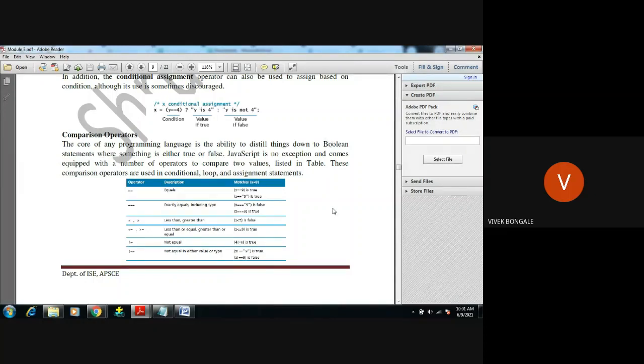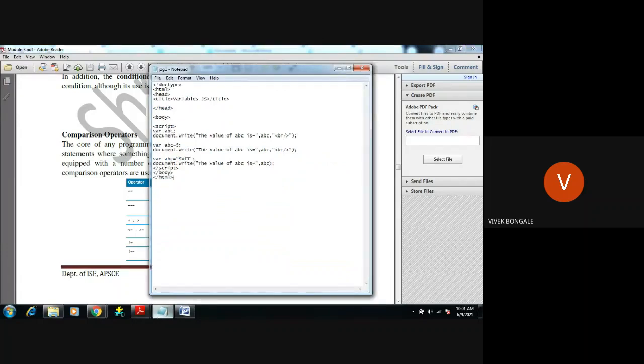This Boolean result, true or false, will differ depending on what operators we are giving in the program. Depending upon the operator we assign, it is going to give the result either true or false. We'll see one example here. I hope it is clear what a comparison operator is.